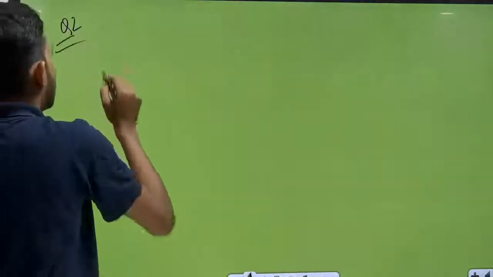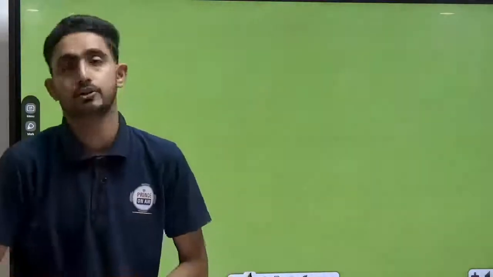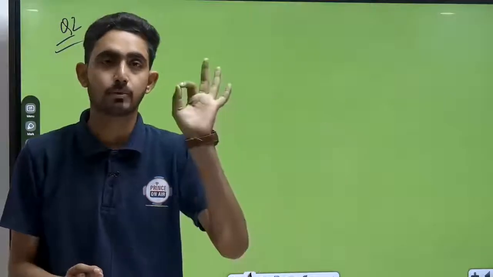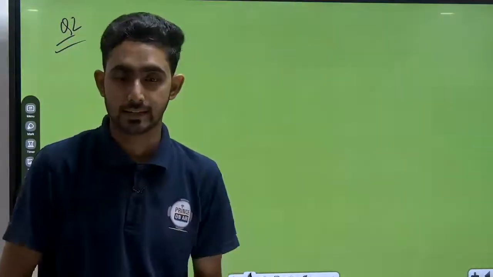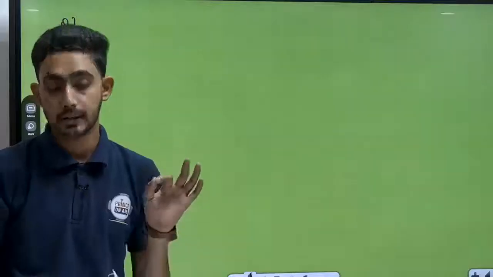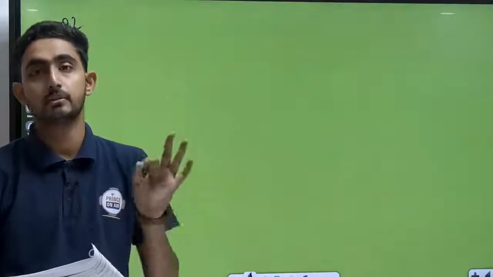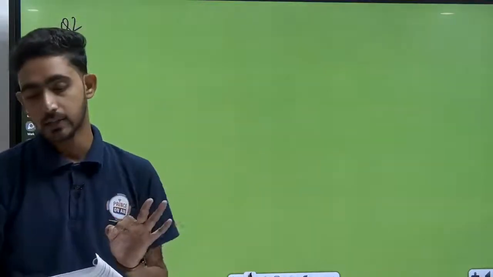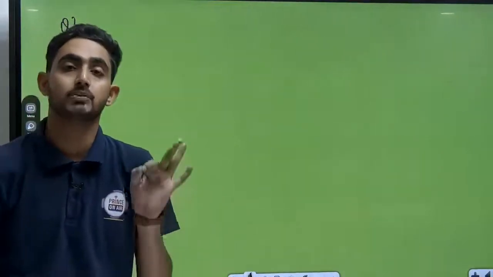Okay. Now we'll move to question number 2. Question number 2 is also a very important question. Actually an easy question obviously, but you have to look at the first question a little carefully. Okay. Now in question number 2, it is given, find the smallest number. All of you check your book. Find the smallest number by which each of the following given numbers must be multiplied so that the product is a perfect square. Let's try to understand the question first of all.